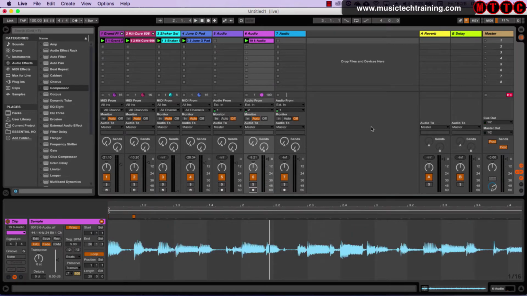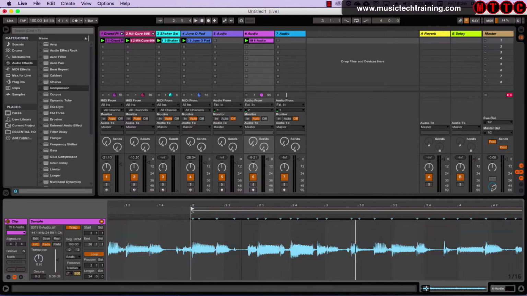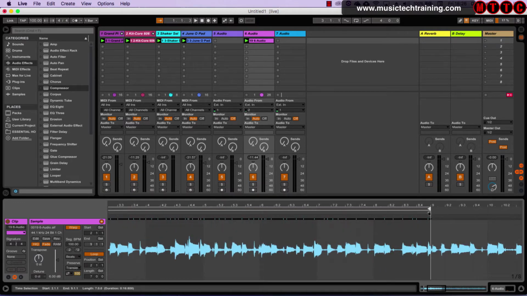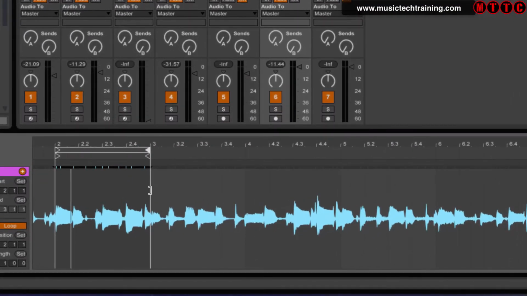Okay, so the manner in which I'd approach this is to do it on a bar by bar basis. Now, I'm going to come up here and pull this along to bar 2. And then I'm going to go to the end marker and pull this along to the start of bar 3. So we're going to just work in this section on this clip. So if I play this back,